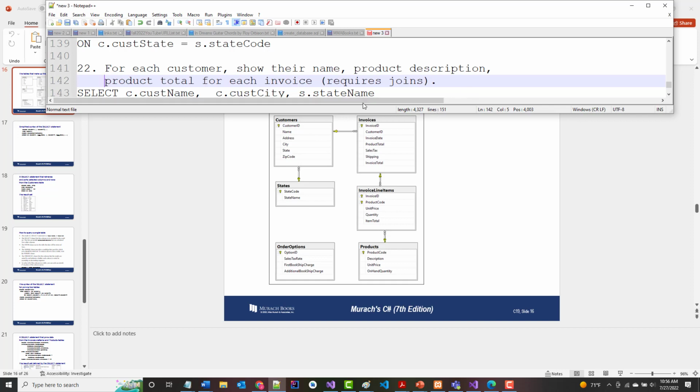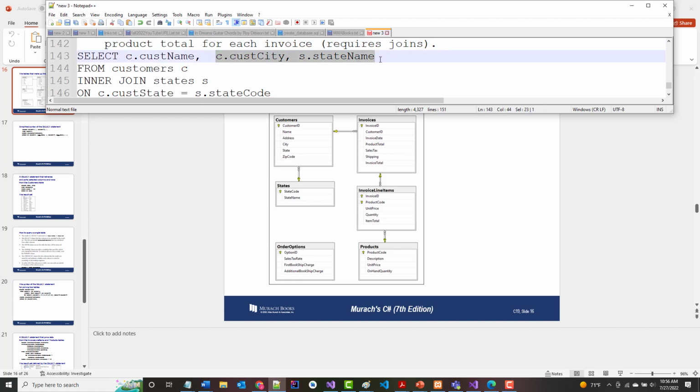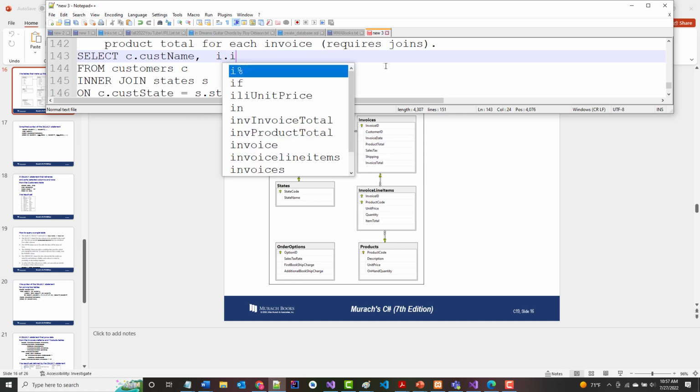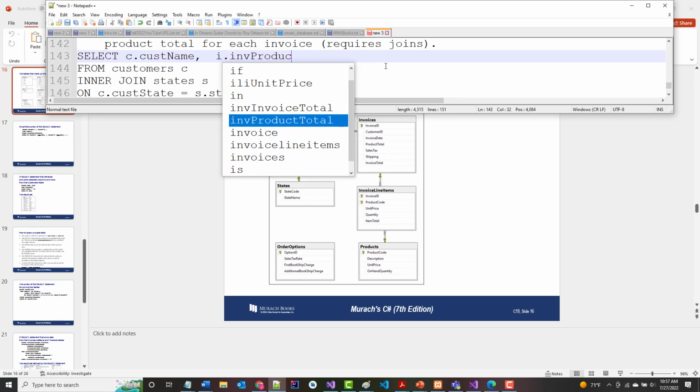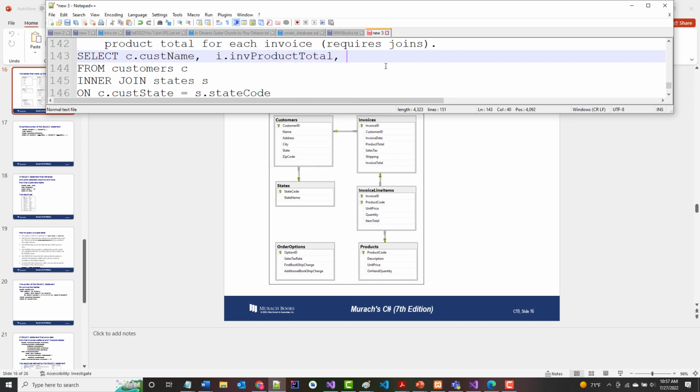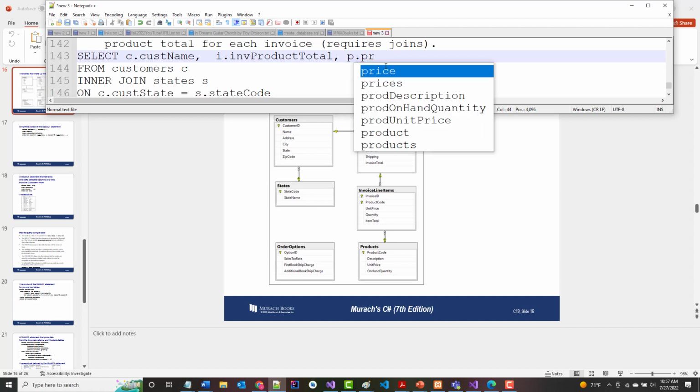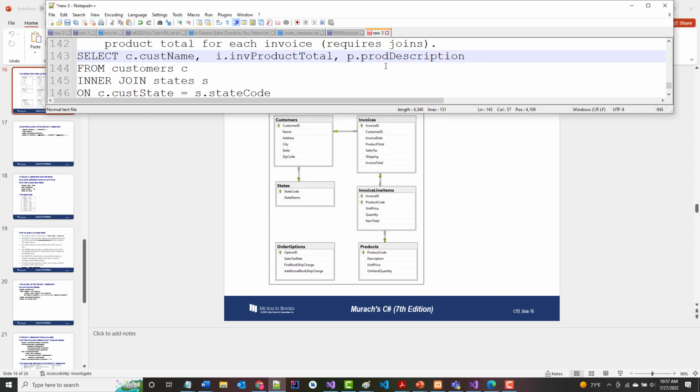All right. So select C.custName, I.INV product total, and P dot product description, prod description, from customers C, inner join